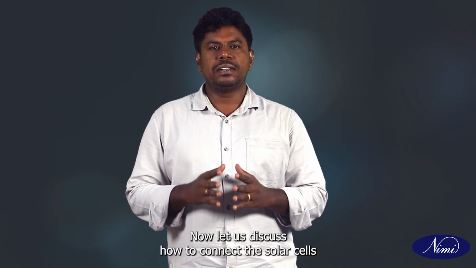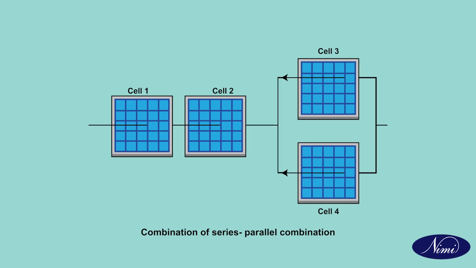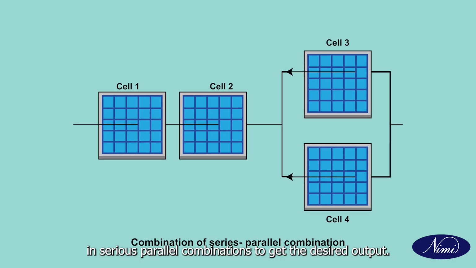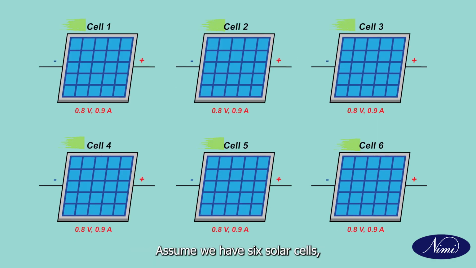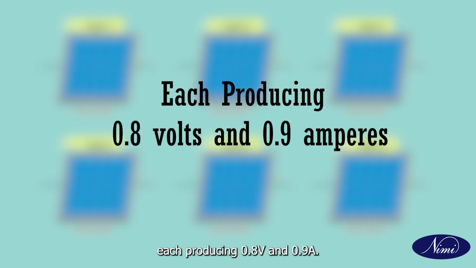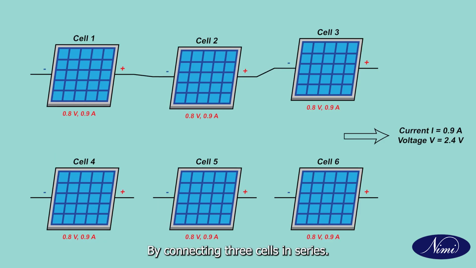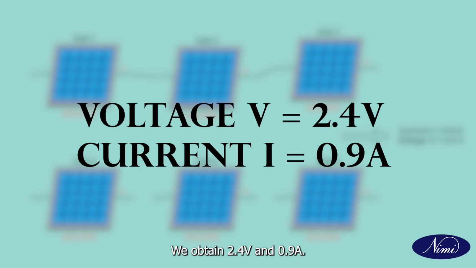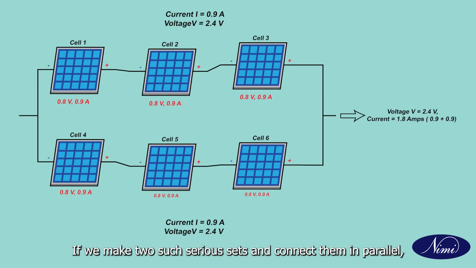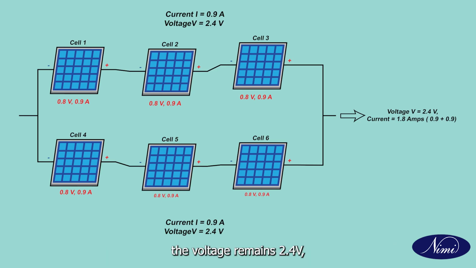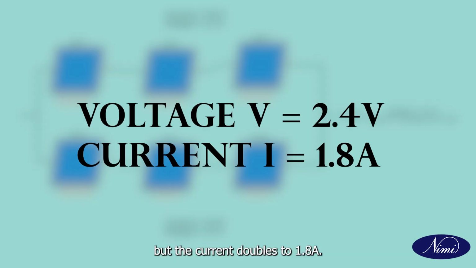Now, let us discuss how to connect the solar cells in series-parallel combinations to get the desired output. Assume we have 6 solar cells, each producing 0.8 volts and 0.9 amperes. By connecting 3 cells in series, we obtain 2.4 volts and 0.9 amperes. If we make 2 such series sets and connect them in parallel, the voltage remains 2.4 volts but the current